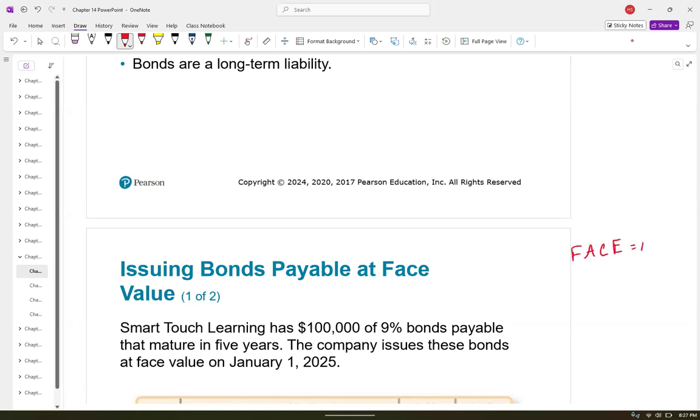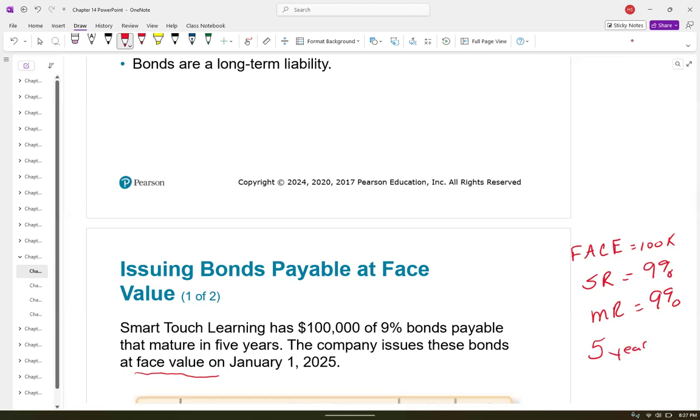We have our face as 100K. Our stated rate is 9%. We know that our market rate is 9% because they said it was issued at face. So we know those are the same. It is a 5-year bond